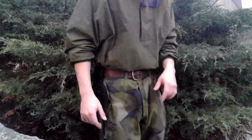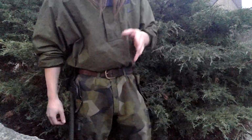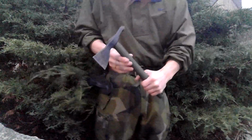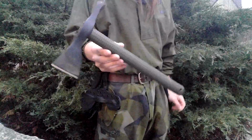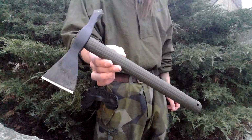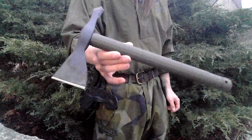What's up, guys? I just thought I would show y'all something badass as hell. So recently I just got this guy, just today. The fucking Shing, holy. But this is the American Tomahawk Company, Model 1. So this is their Vietnam